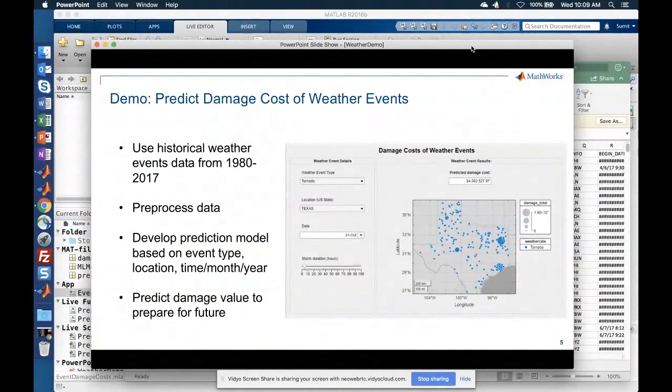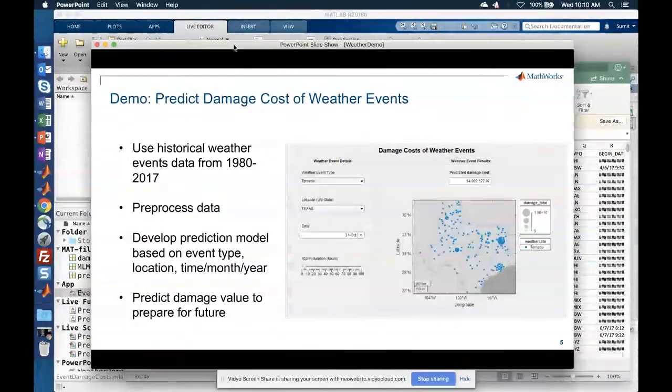What I want to do is pre-process the data and then develop a prediction model that can predict the amount of damage or cost it can incur based on the type of the event, the location of the event, the time, month, or year of when that event happens, and so on. Basically, the goal is to be ready for the future if needed, like make budgetary allowances and so on.